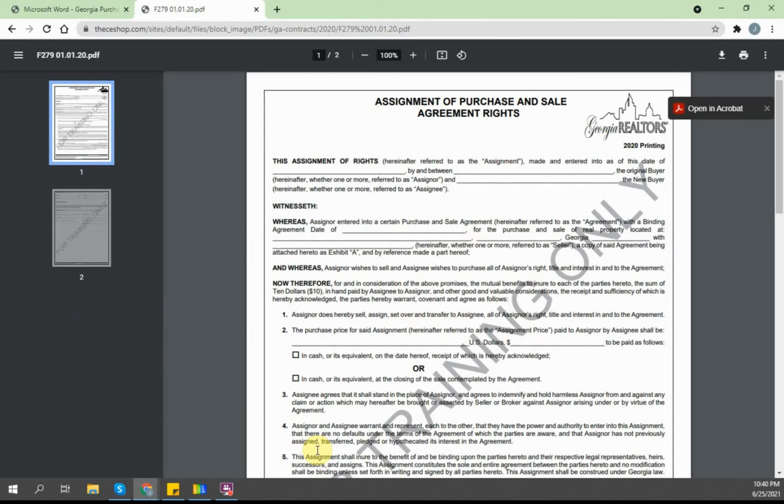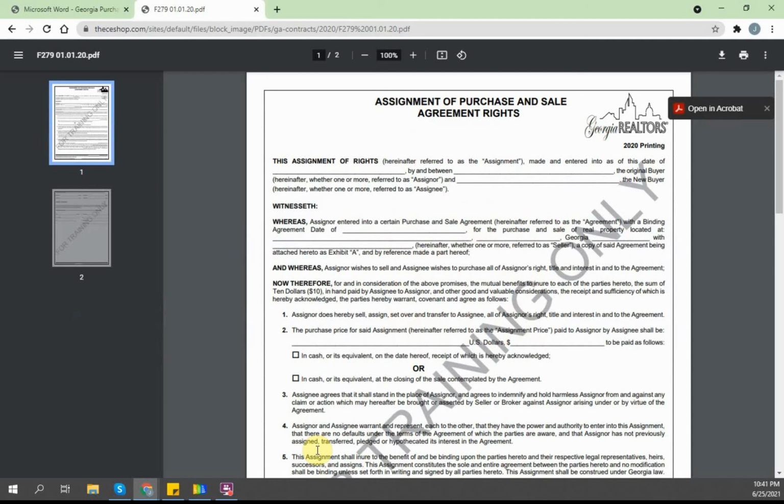Just remember that when you have an option contract, the seller can still market that property. So you have to get it locked in as soon as possible. When you do find a buyer, that seller is actively marketing that property because he or she can.